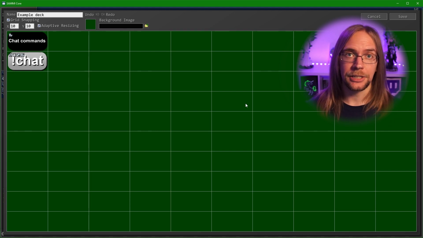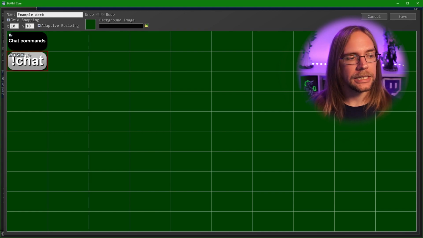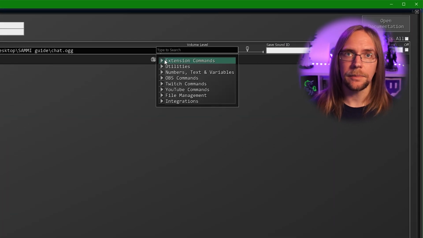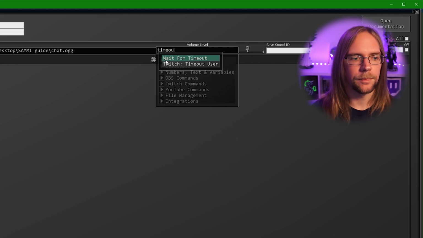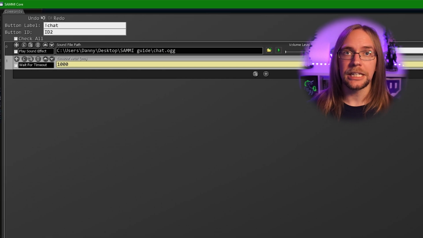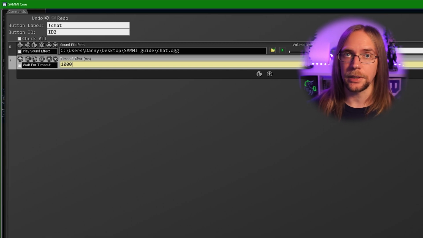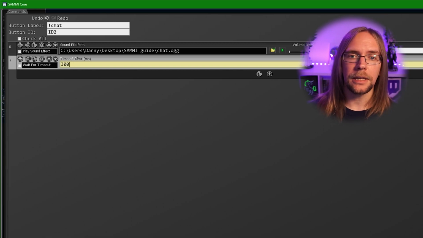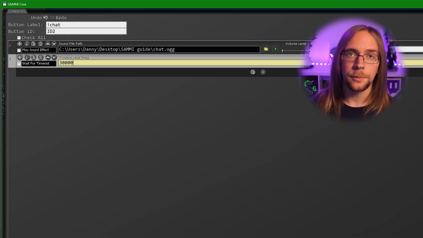If you don't want this, we can add a timeout to prevent this. So double click into the button, and we can press this plus here, and we're just going to search for timeout. Here we have wait for timeout. A timeout effectively puts the button into a running state until the timer has expired. So if we set this to 30,000, users will have to wait 30 seconds before being able to run that